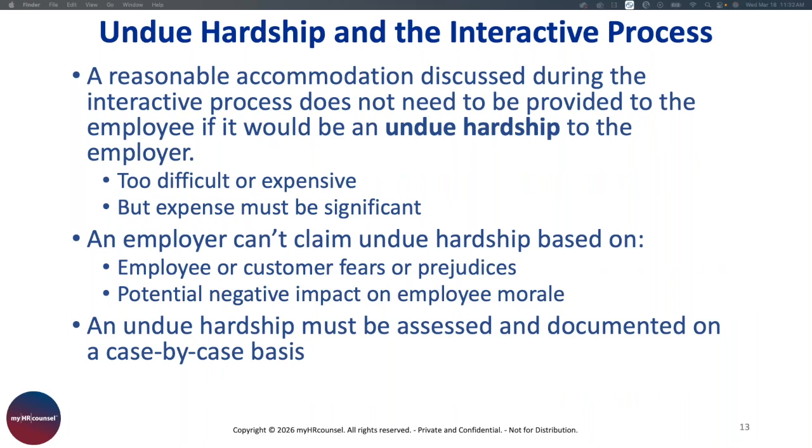And if you're looking at cost as a potential argument to use for undue hardship, that would stop you from providing a reasonable accommodation. You still have to look at whether funding is available from an outside source, such as a state rehabilitation agency, that could help you overcome that hurdle. You also have to look at whether you have eligibility for certain tax credits or deductions to offset the cost of the accommodation. So if you're looking at cost, you have to look at potentially alternative sources of funding to help you lower that cost before you can purely claim cost as an undue hardship, thus denying reasonable accommodation for an employer.